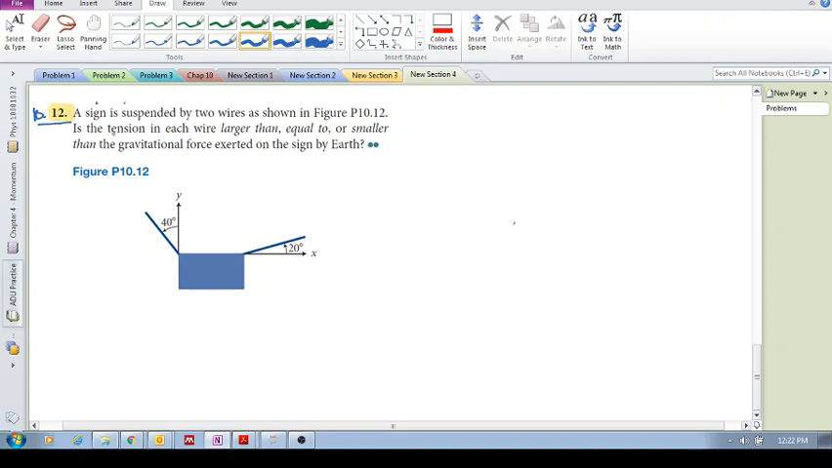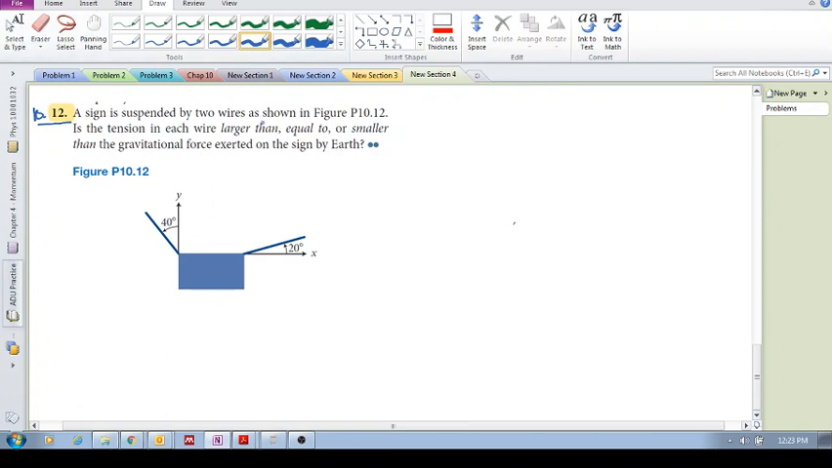A sign is suspended by two wires. Let me make this big so you can see. Wire 1 and wire 2, as shown in the figure. Is the tension in each wire larger than, equal to, or smaller than the gravitational force exerted on the sign by the Earth? Okay, again, as always, please try it yourself